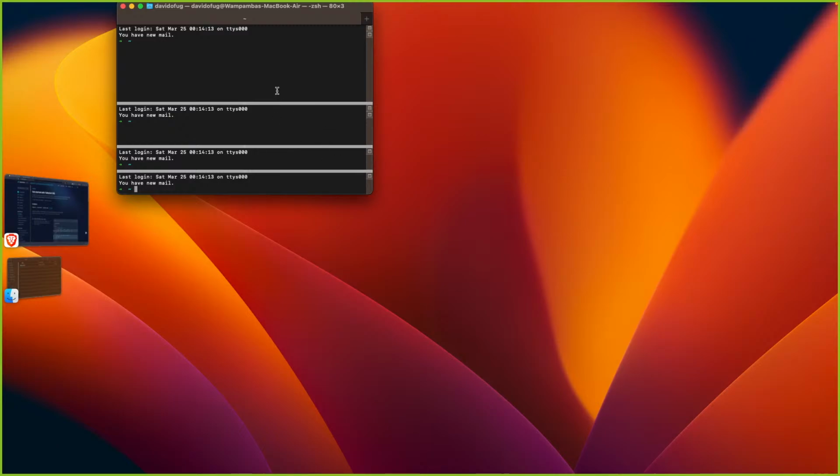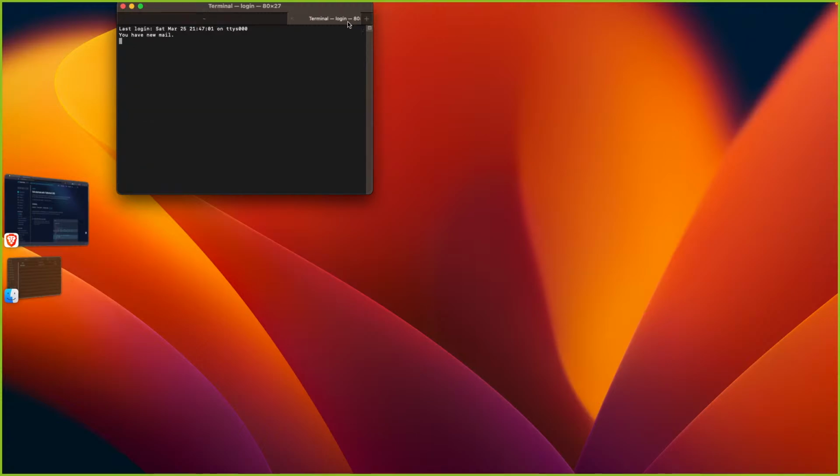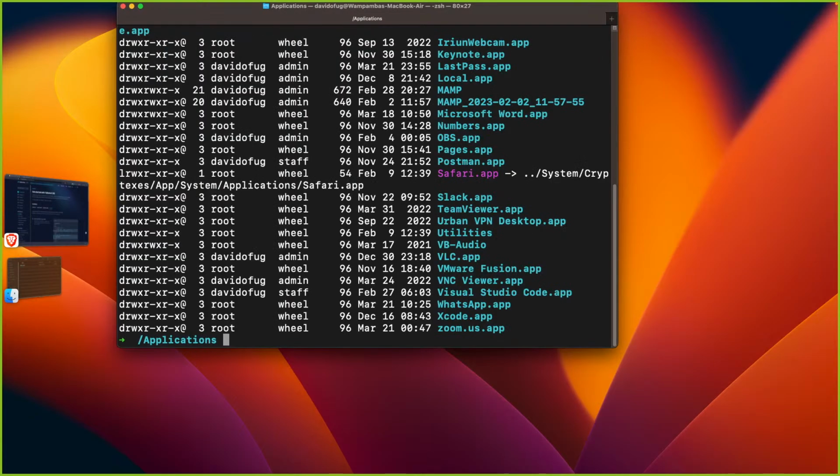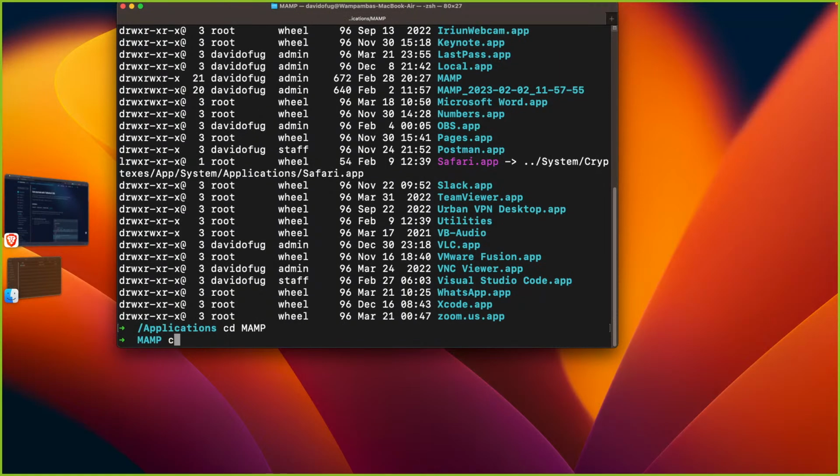Oh, I've duplicated the terminal window. Okay, I'll open a new tab here. I'll close that tab and I'll zoom the terminal in so that we can see. Then I'll navigate to what? Applications, is it? And then is there a MAMP? Yes, cd MAMP. There it is. Then I'll cd to htdocs, then PHP mentorship,